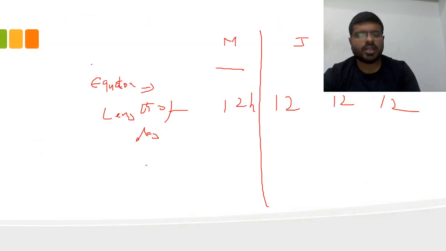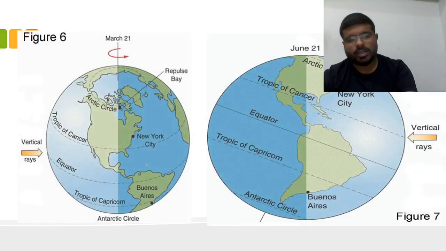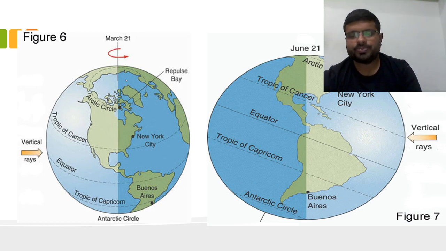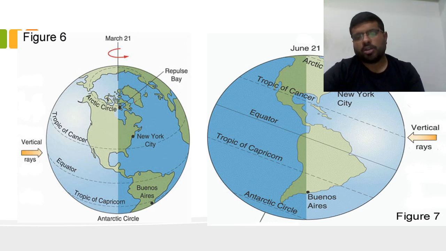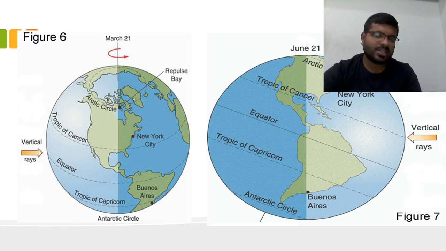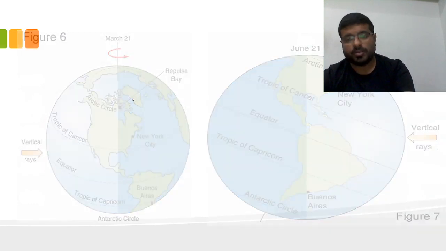What happens to the length of the day in the mid latitudes of the northern hemisphere? The length of the day in the mid latitudes of the northern hemisphere will vary as the day approaches. If you can see in this part, the vertical rays in June are falling on the Tropic of Cancer, because of which, as there is a continuous rotation on that day, there is more area facing the sun, because of which the length of the day will be maximum. And as you move from the equator towards the northern hemisphere, the length of the day tends to increase. It tends to increase as much as possible.